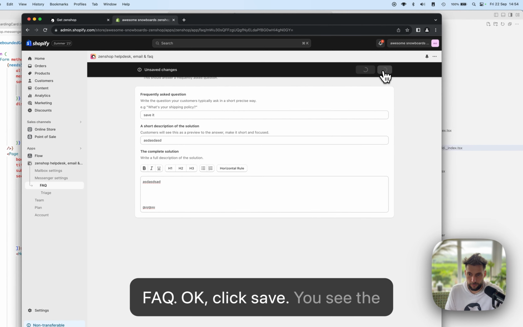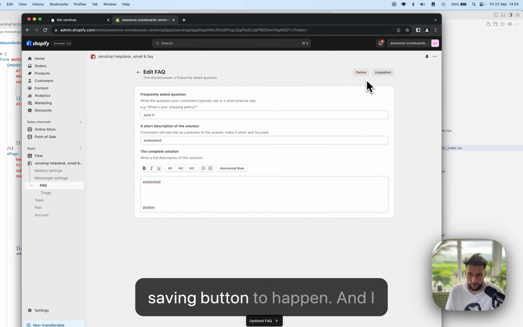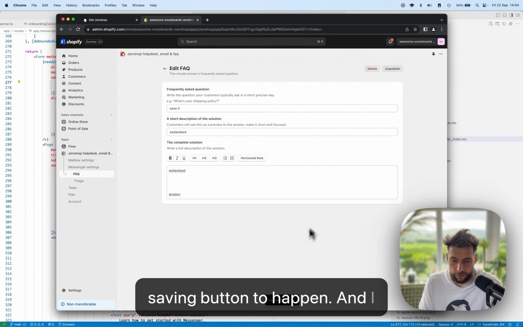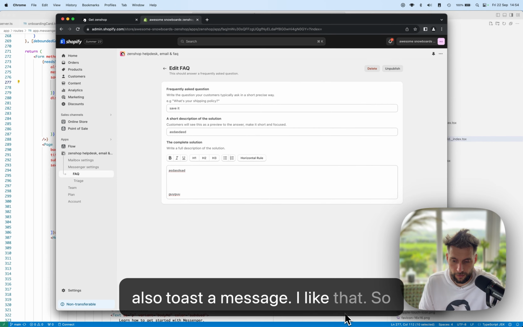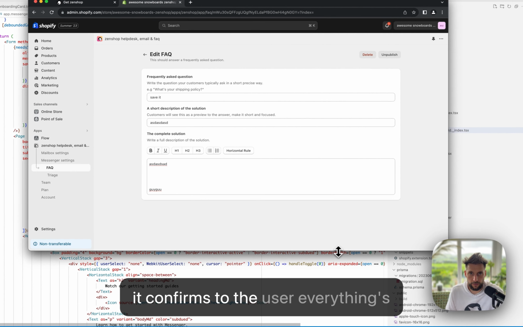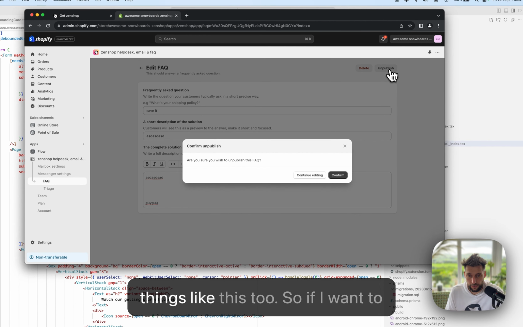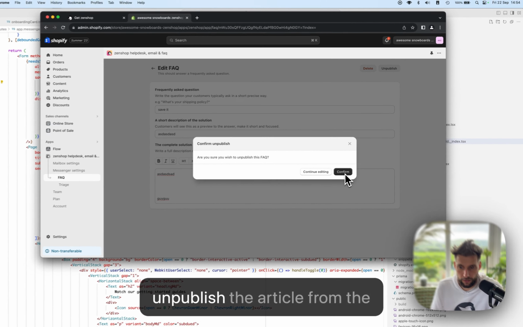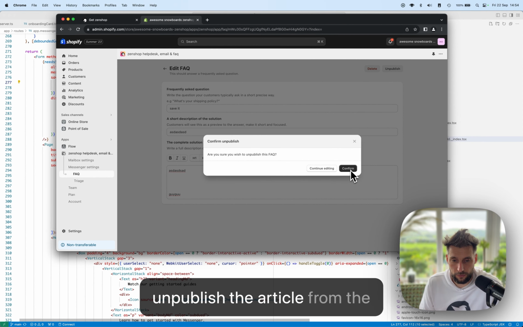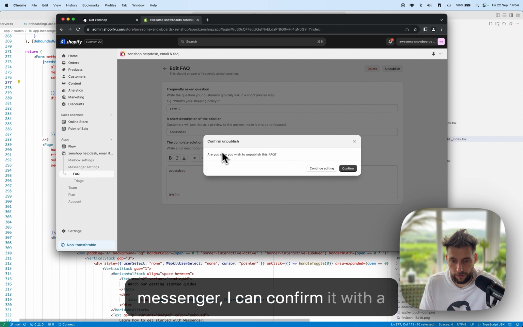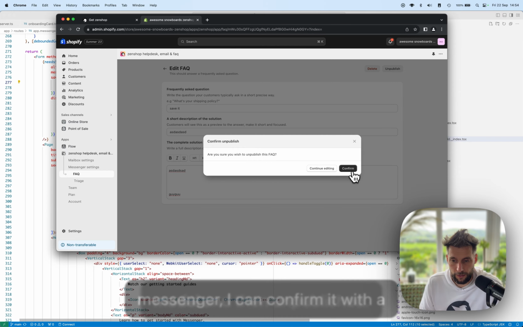Okay, click save. You see the saving button happen, and I also toast a message. I like that. So it confirms to the user everything's been saved. But you can also do things like this too. So if I want to unpublish the article from the messenger, I can confirm it with a modal, and then